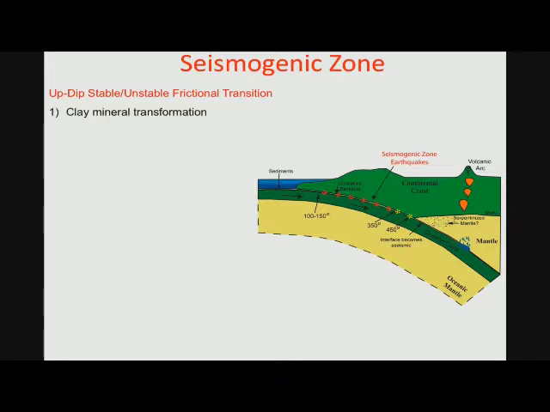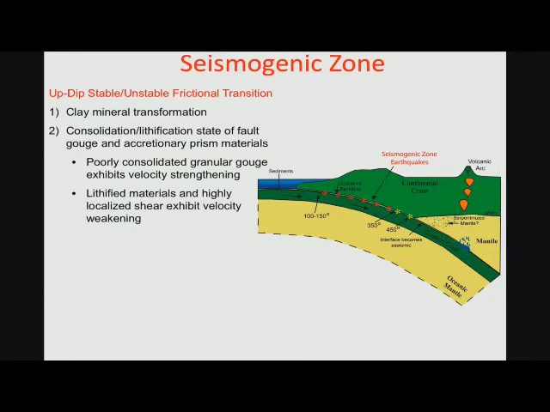So some ideas were that you have a lot of sediments being subducted, brought down onto that plate interface, and that they may be undergoing some mineral transformations. Smectite to illite is one example, and at temperatures of 80 to 100 degrees, those begin, and that may be transitioning material from velocity strengthening, okay, to velocity weakening. In addition, you've got a lot of sediments that are going to be lithified and consolidated, and that process may be responsible for the